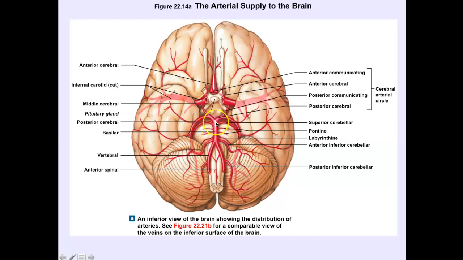So the basilar artery is going to be on this structure here. You should recognize this is your pons. And so the basilar artery is going to serve your pons as well as serve your cerebellum. And then you can see that when you hit the end here of your basilar artery, it's going to split. And these 2 big blood vessels are going to circle back, and they're going to be called the posterior